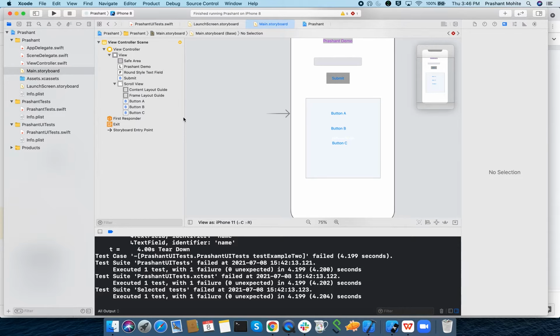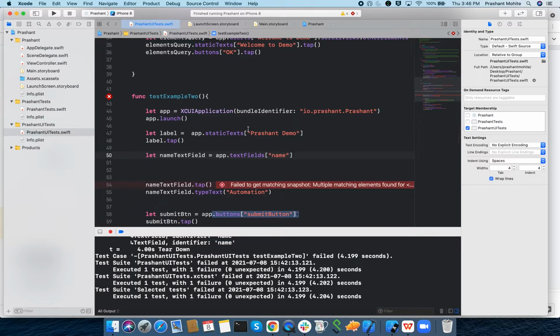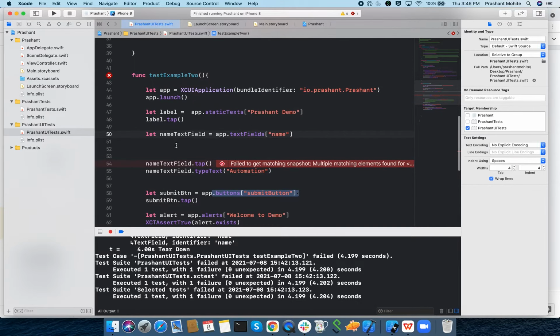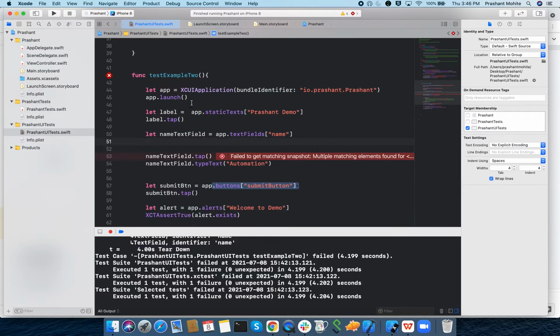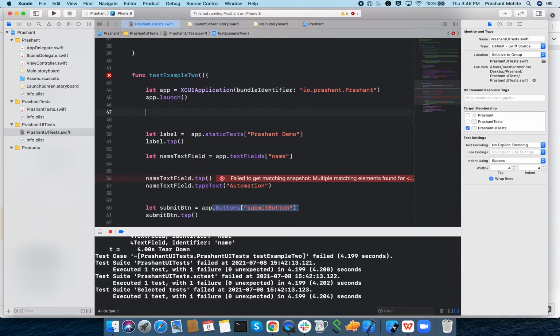Now where is our test case? Okay, I'll just go and find buttons. I'll type let button is equal to app dot buttons.